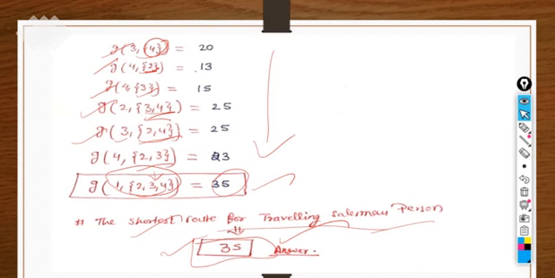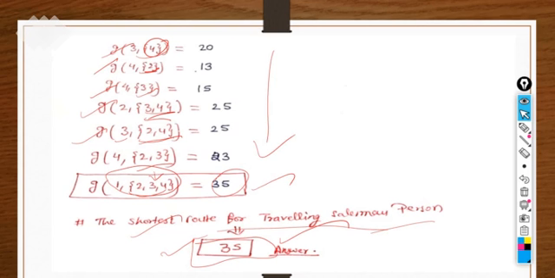So I hope it is clear to all. It's very simple and very easy, but it's a little bit complicated compared to the other applications. So with the help of dynamic programming and table form, we can solve this type of complicated problem. This problem is an NP hard problem, and we can solve it in lesser time comparatively. It is not that much easier to find, but it will take lesser time comparatively. So it was all about the traveling salesman problem.